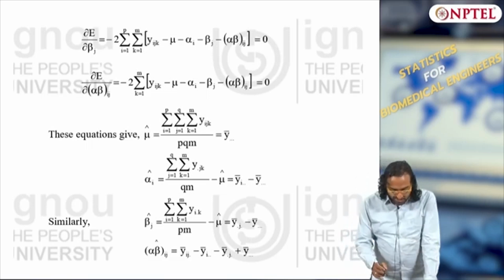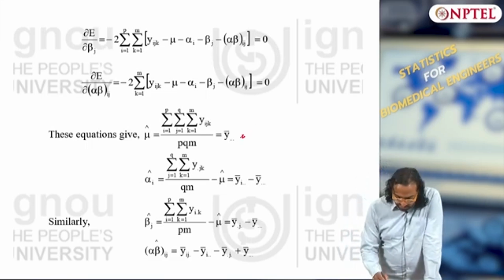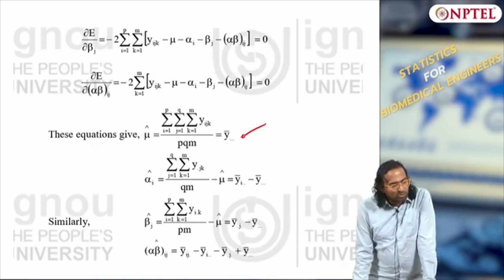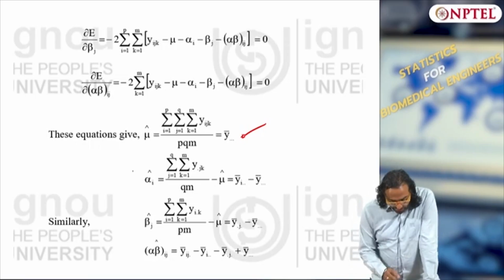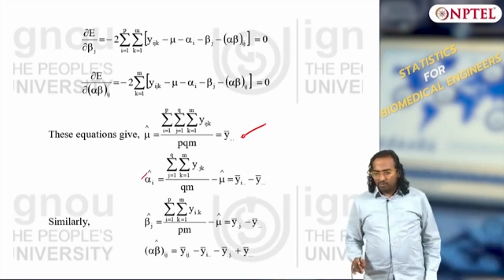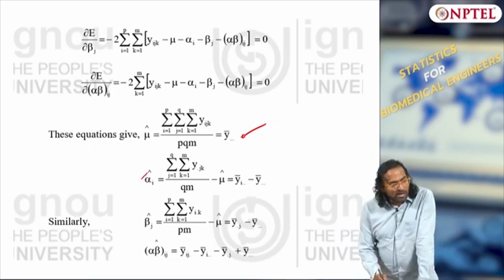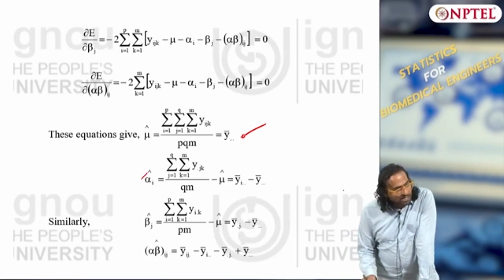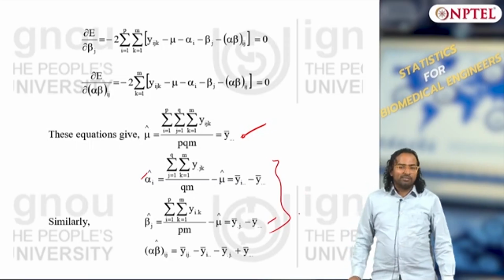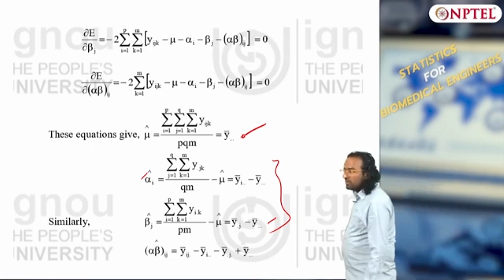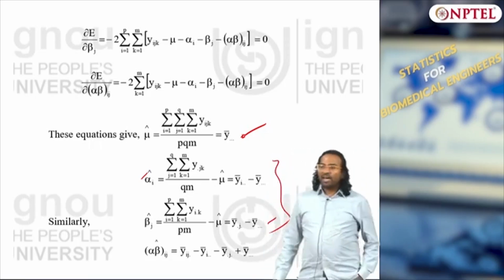So these are the parameter estimates after doing least squares. So mu hat, as you should have expected, is the grand mean, so it is y bar dot dot dot, okay. Alpha i just focuses on the ith row, so it should be y bar i dot dot minus y bar dot dot dot, the other one should be y bar dot j dot minus y bar dot dot dot. So look at this, these two are similar to what you would have seen in RCBD, there is nothing new here,